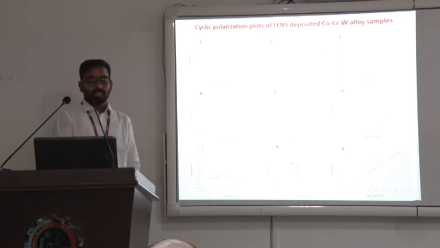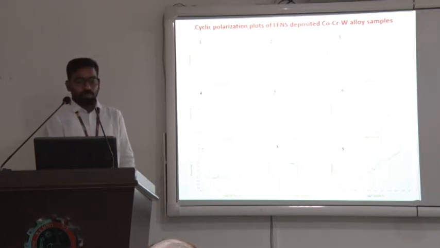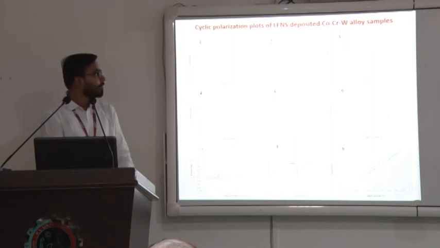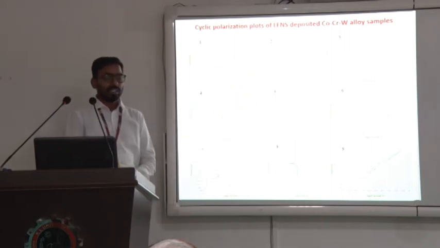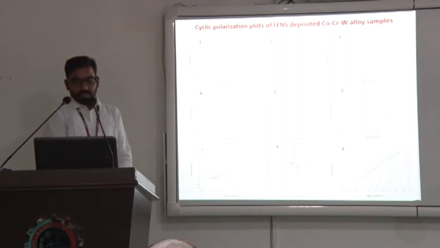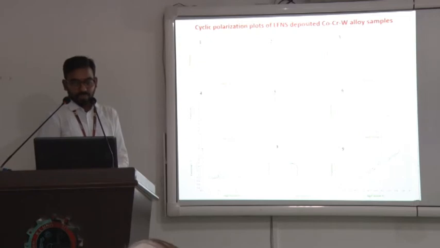We can see here that for the curves of samples 1 to 7, the area inside the loop is gradually increasing. It means the corrosion rate is increasing. And after some time, we observe that samples 8 and 9 show very lean corrosion, meaning they have high resistance